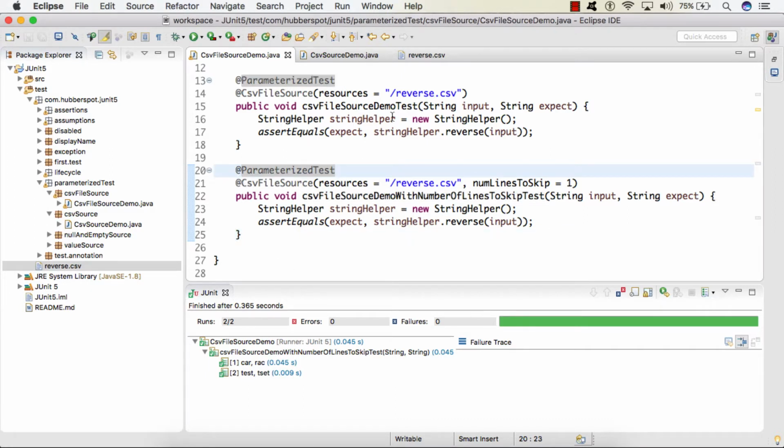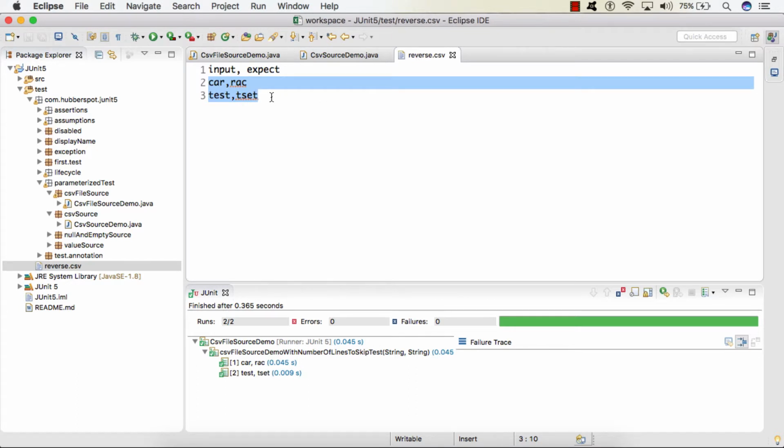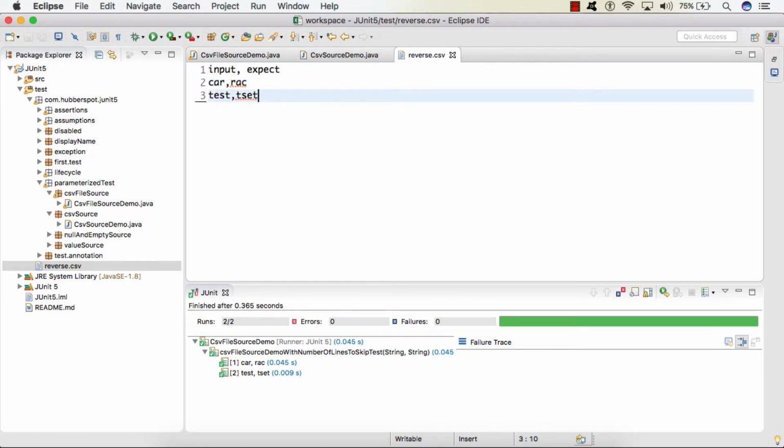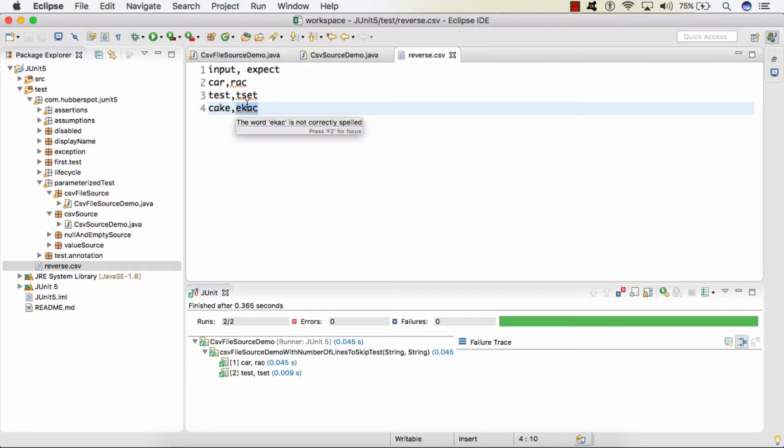Once you have written the test case, you can simply provide a third value, something like, let's say, cake, and this should be our expectation, that when we pass cake to the reverse method, it should return a string like this.